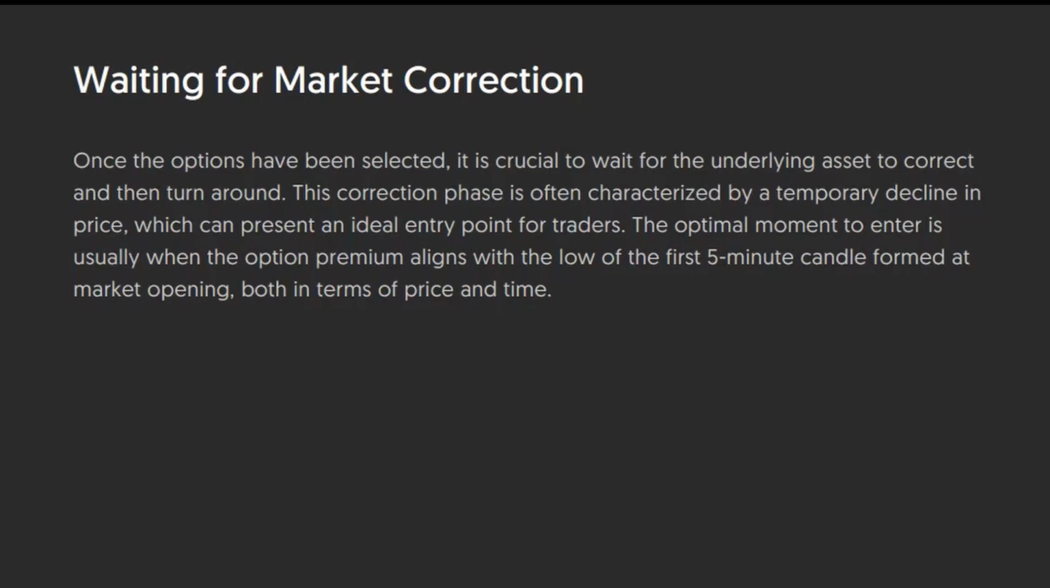Around that time, when the underlying corrects, you need to wait for the correction. Usually it happens around 10:10, where the price will be squared with the time. At that time, the price will come almost near the opening low point of the day. That is very essential. Even sometimes option premiums also will correlate with the lowest of the opening of the first